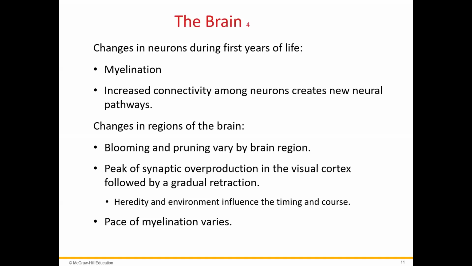Okay, this process varies by brain regions. This is just one example, I'm not going to get into it. There's a peak of synaptic overproduction early in life in the visual cortex, followed by a gradual retraction. So the overproduction is the blooming, the gradual retraction is the pruning. Heredity and environment influence the timing and course of development. Let me give you one example